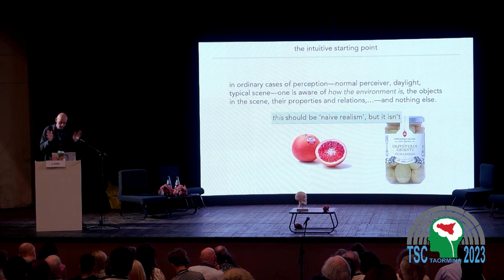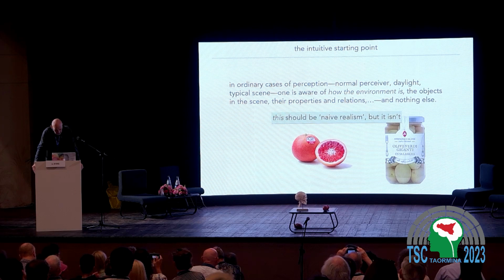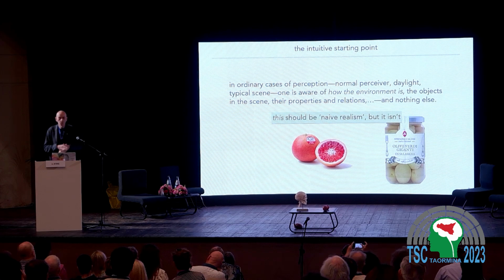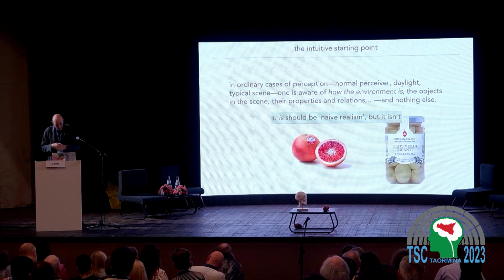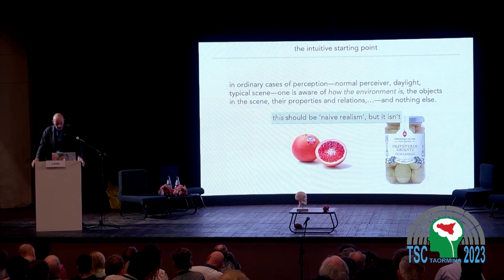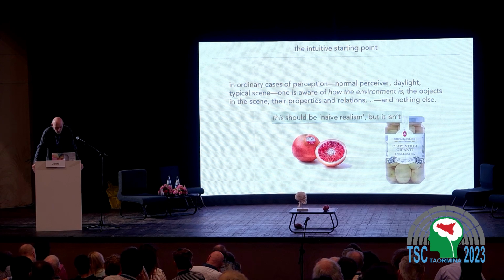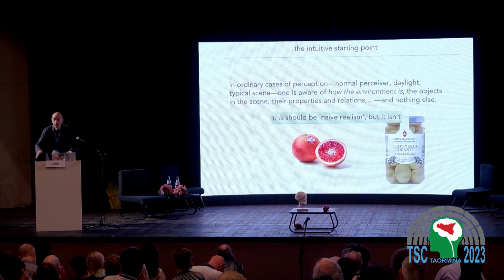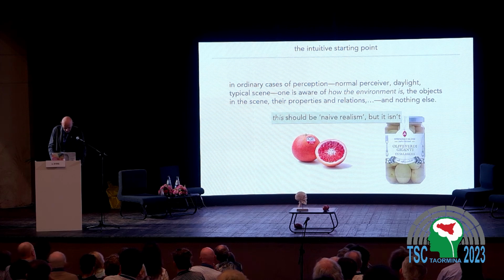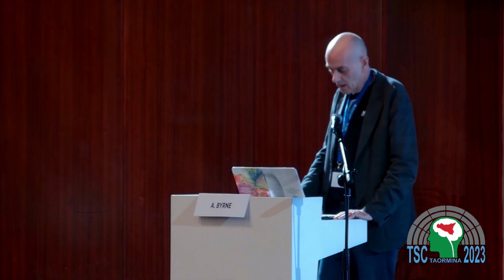And if I was in charge of philosophical terminology, which I certainly should be, then I would call this thesis naive realism, because on the one hand, it's certainly realist. In ordinary cases of perception, you see things as they really are. And it's also, to some extent, naive in that you could persuade, I think, the plain man or the plain woman, or many plain men and plain women, that it's true. Obviously, you couldn't persuade hardly anyone in this room that it's true, but that just shows that there are very few plain men or plain women in this room. Okay, so